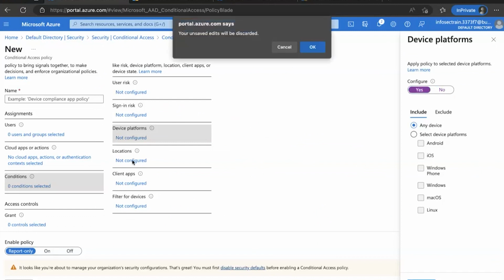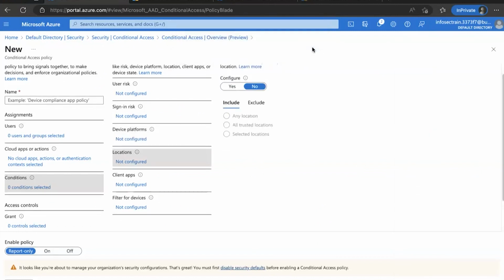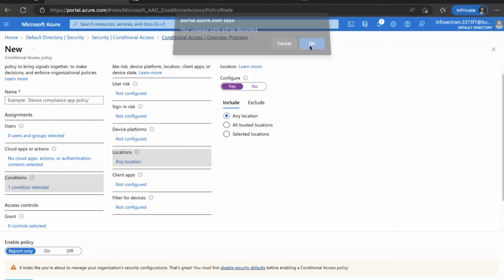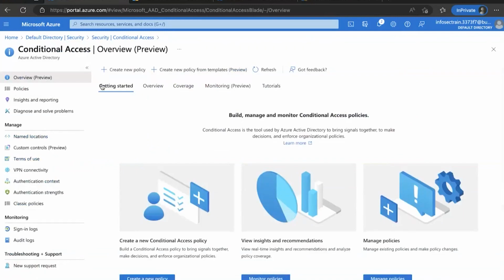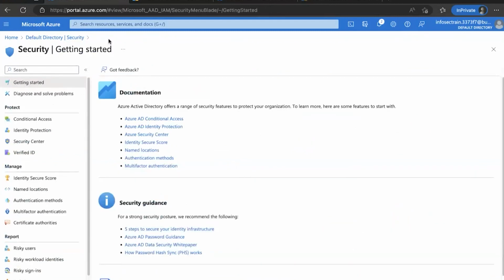Okay, what is their location? I can choose something like this, and I can force this kind of conditional access, that yes, you can go ahead and you need to perform multi-factor authentication, or your access will be blocked. That will be my decision to have. This is going to be the conditional access.